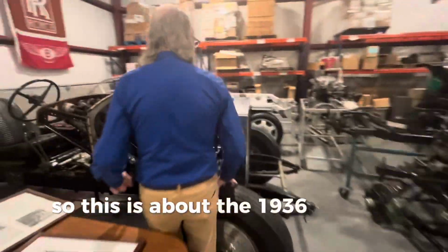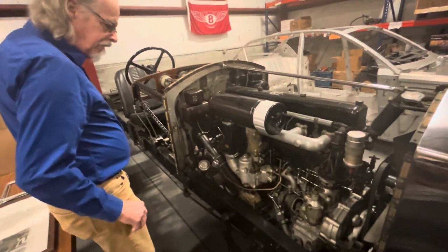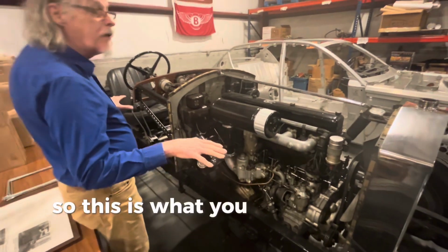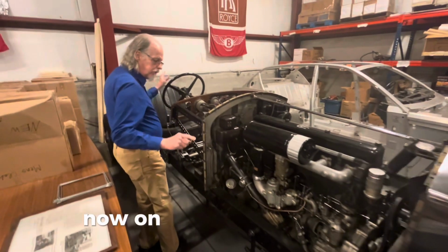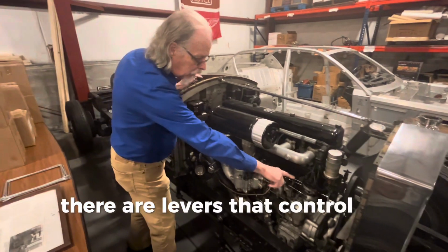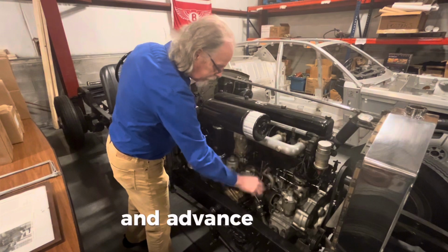Let's move over to the Phantom 2, the rolling chassis. So this is about the 1936 Phantom 2, and we'll go out and look at the Phantom 1 later. So this is what you got from Rolls-Royce, just a rolling chassis, engine, suspension. Now, on the steering column, there's levers that control the distributor advance and the